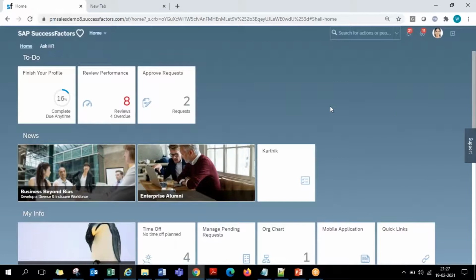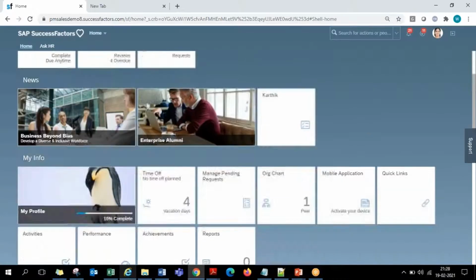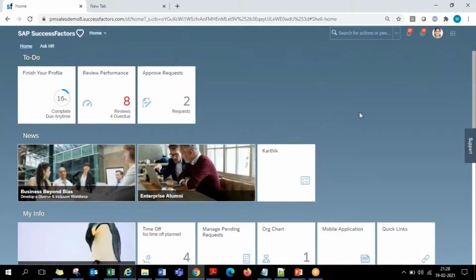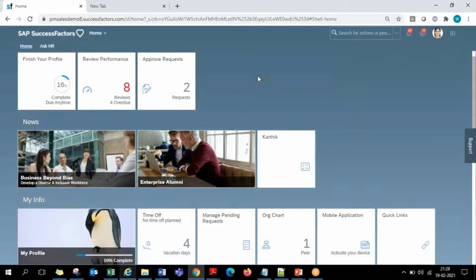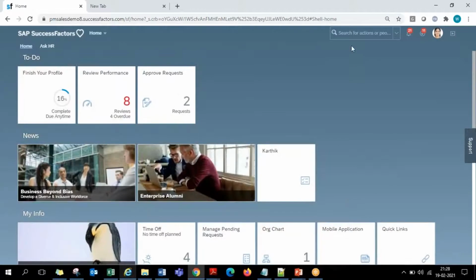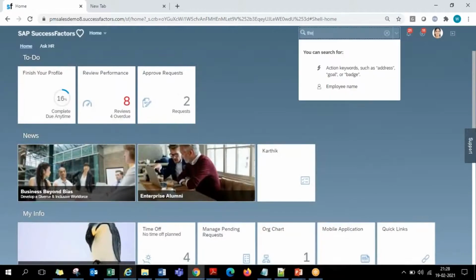And now the next thing is with respect to themes, guys. That is the way you can handle the look and feel of the SuccessFactors system, which we are now required to look at. So the first thing is the logo of the customer. How do we handle the logo of the customer, and how do we handle the look and feel for this customer? All that. If you go for a concept called theme,